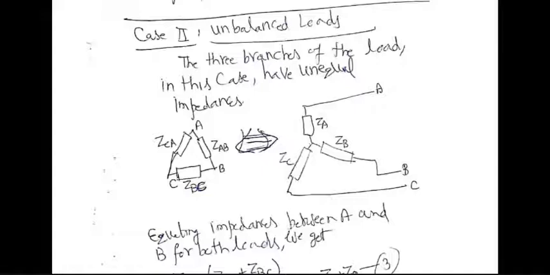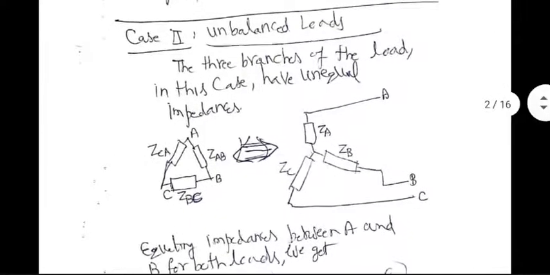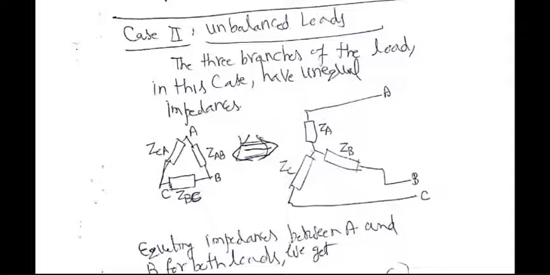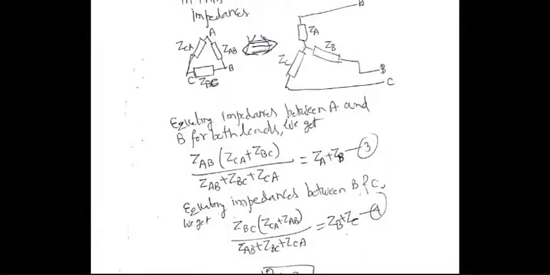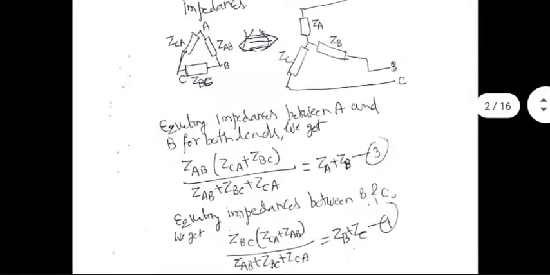You write the input impedance between A and B in both cases, equate them, and you get one equation. You write the input impedance between B and C in both cases, equate them, and you get a second equation. You write the input impedance between C and A in both cases, equate them, and you get a third equation. Assuming that we know ZAB, ZBC, and ZCA, and our unknowns are ZA, ZB, and ZC, we still get 3 equations which can be solved to figure out ZA, ZB, ZC in terms of ZAB, ZBC, and ZCA. And the opposite is also possible, by the way. That's what I have done here, as carefully as I could.